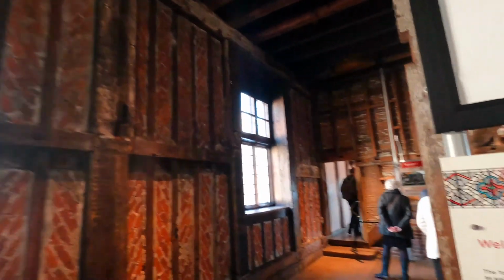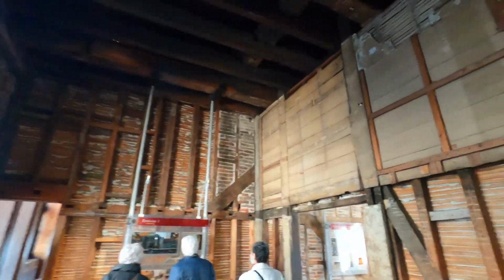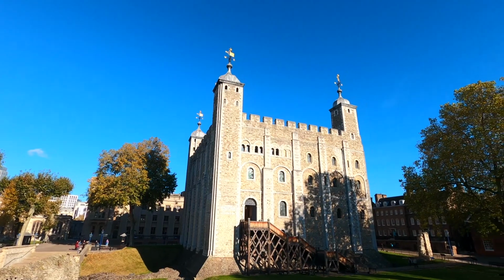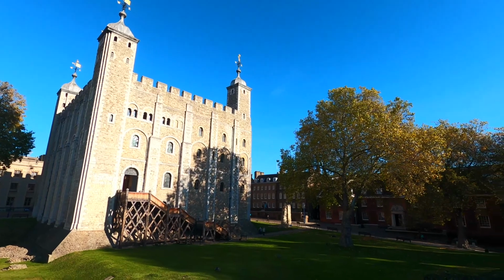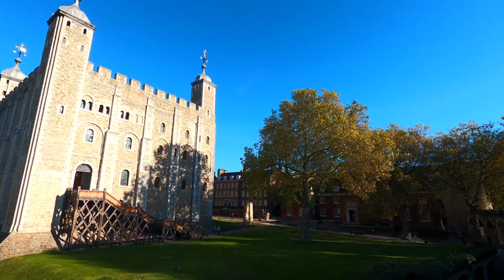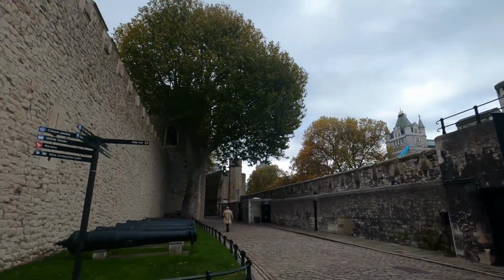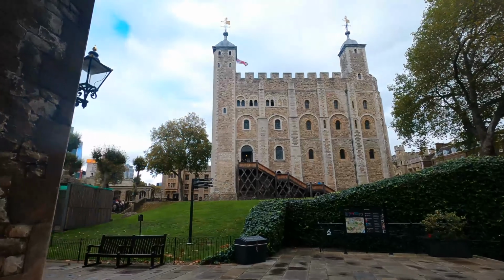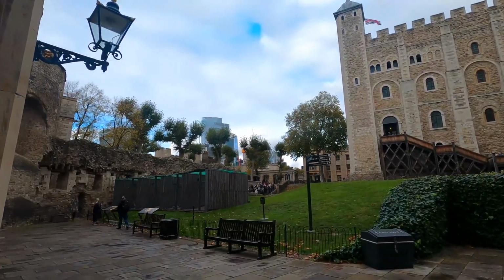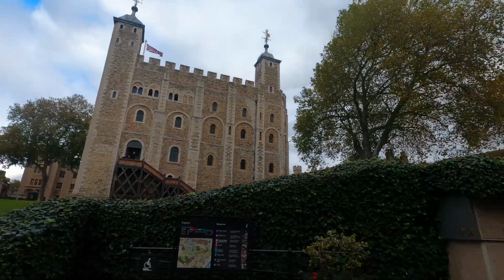While you're visiting the tower, you'll likely run into the ravens that live there. It is supposed that if the 6 resident ravens ever depart the castle, the monarchy and the tower will come crumbling down. After being informed of this potential calamity, it is believed that Charles II, first on the English throne after the restoration of the monarchy in 1660, was the first to request that the ravens of the tower be safeguarded, according to legend. Today, the tradition is kept, and 7 ravens, 6 of whom are breeding and 1 of whom is not,